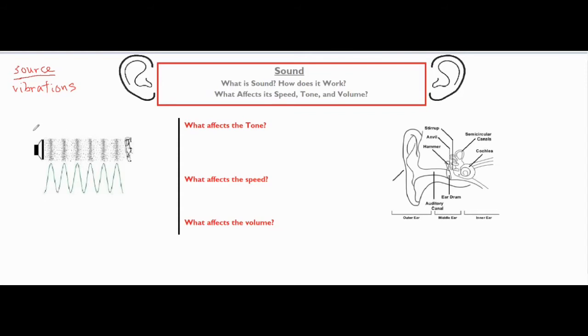So as this speaker vibrates back and forth, as it pushes forward towards the ear, it creates these areas of high pressure where the air molecules are bunched together. And then as it vibrates back away, it creates areas of low pressure where the molecules are a little bit more spread out. So the way that a sound wave moves is through a series of high and low pressure regions to eventually vibrate the ear and the eardrum, which we'll discuss a little bit later in this part over